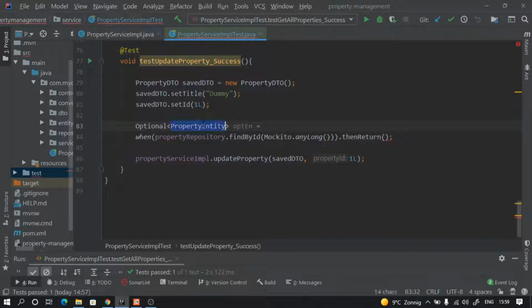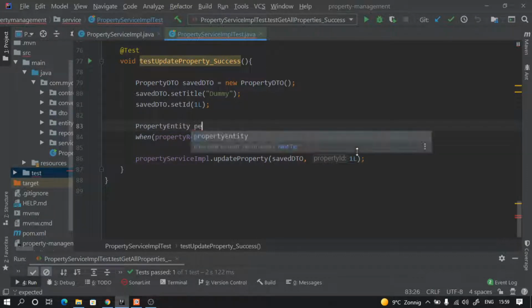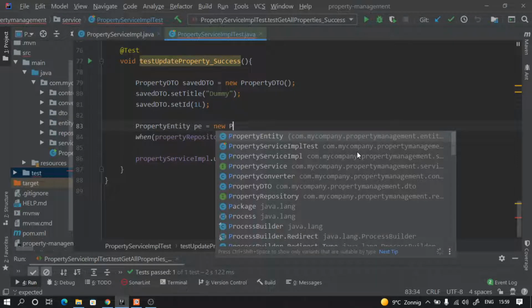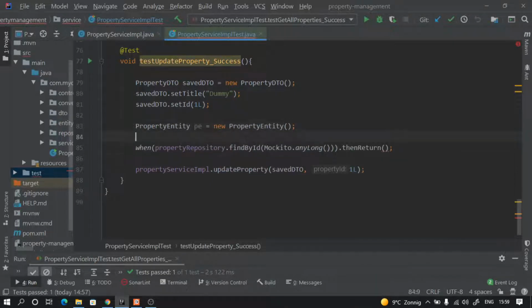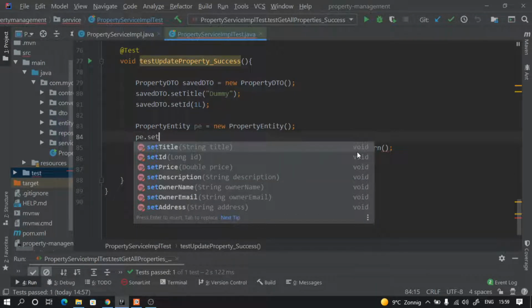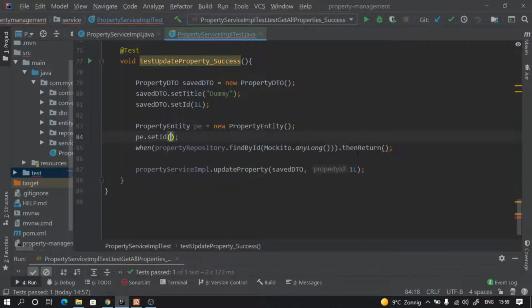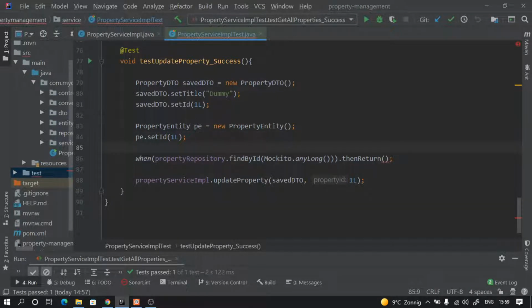So first we have to create an entity and then we can wrap it with optional of. So I'm going to say property entity PE equal to new property entity. PE dot set ID should be same again 1L, and the update. So what we want to update. So let's say we wanted to update